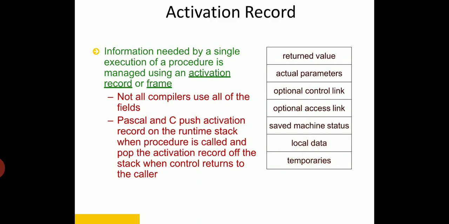In the case of procedures, when a procedure is called, considering an example, if there is a main function and a function called add. If main is calling the add function, the main function is the caller and add is the callee, and both of them will have activation records. The caller function will have access to the callee's part of this activation record. This much part of the activation record will be under the control of the caller procedure.